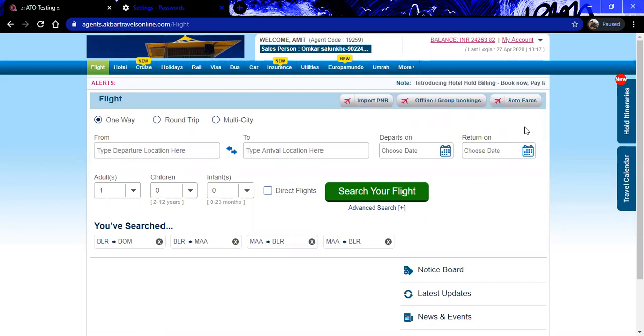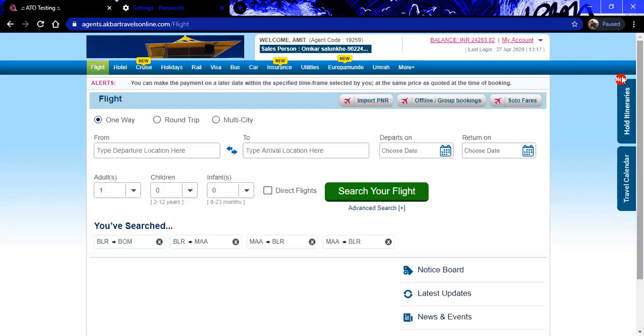So this is how the options are. Two more options are there which I would like to tell you. We have a feature called hold booking, hold booking for flights and hold booking for hotels. Once you are holding a booking, the itinerary will be generated.